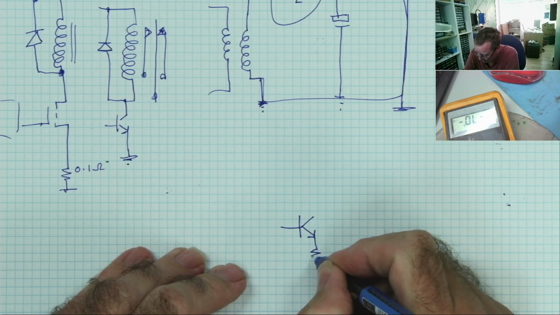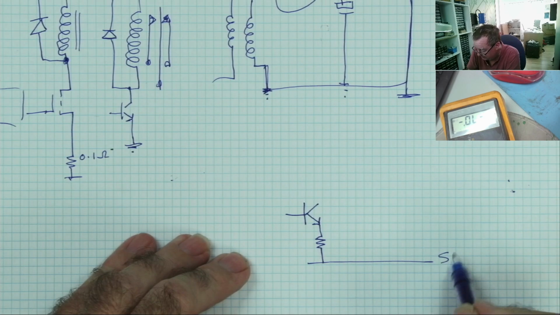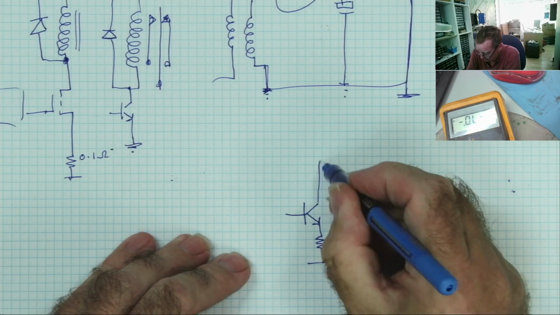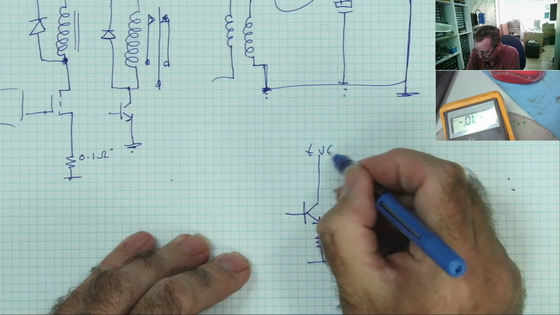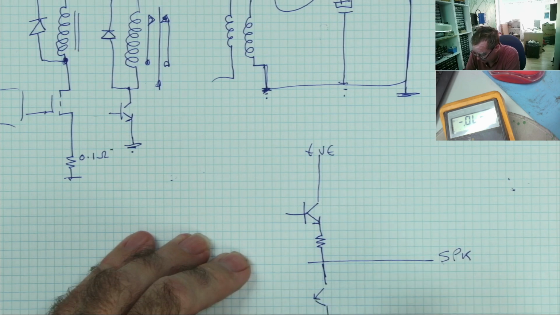Each one will have a resistance. Effectively, this is where your speaker connects. This is your positive, and you'll have the same thing effectively upside down with a PNP here. This is your negative